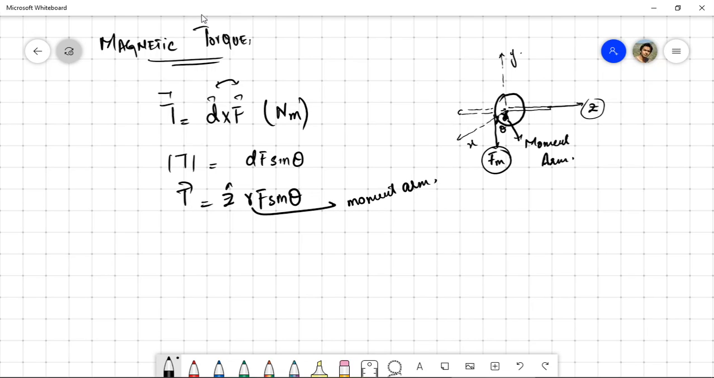All he's saying is that the value of this effect also depends on the angle that F is making with the moment arm. If this angle is somehow 0, that means that r and F are parallel or anti-parallel to each other. At that time the value of torque will be 0, because